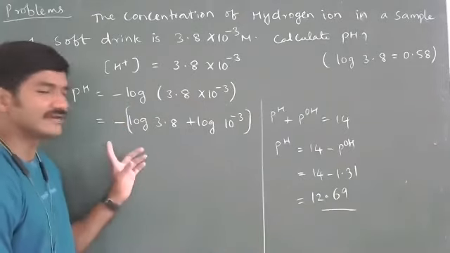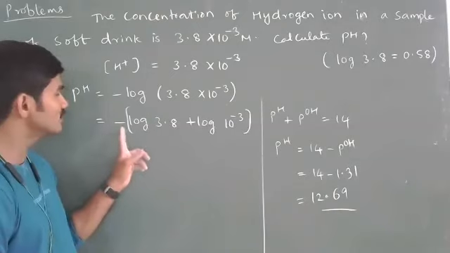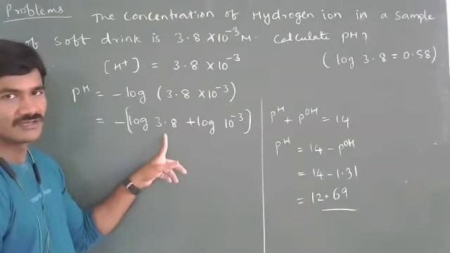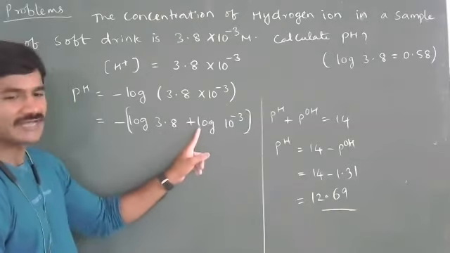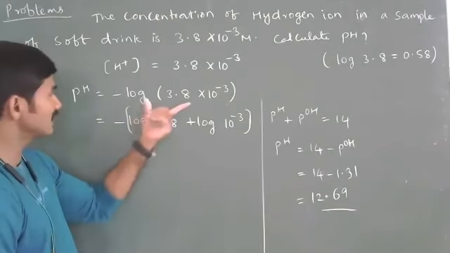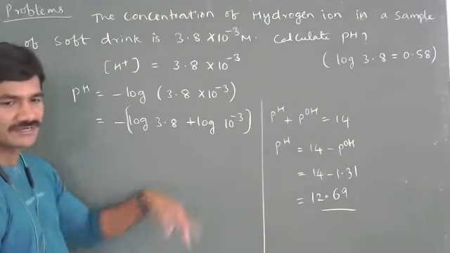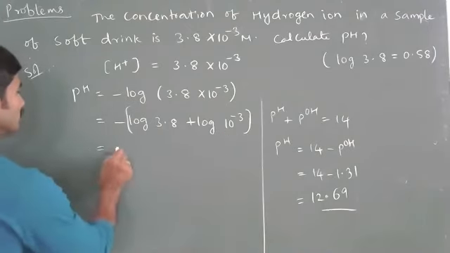You have to be careful with the negative signs. You have to multiply with this minus. Don't include this minus inside. If you include it inside, you don't multiply with this plus. So you write the minus separately first. Then you write log A and B for this formula. After finding this, at last you multiply with minus. Otherwise, you will get a mistake.